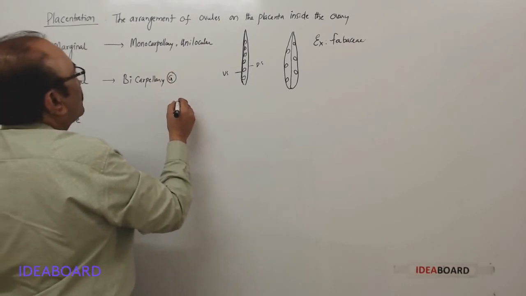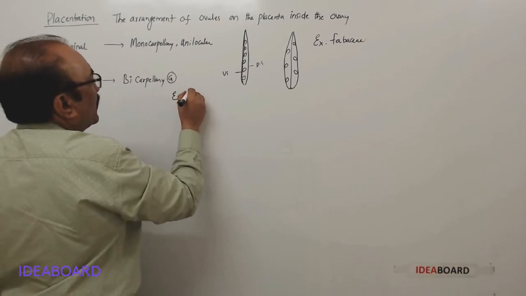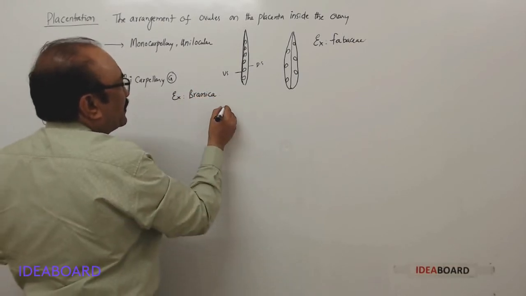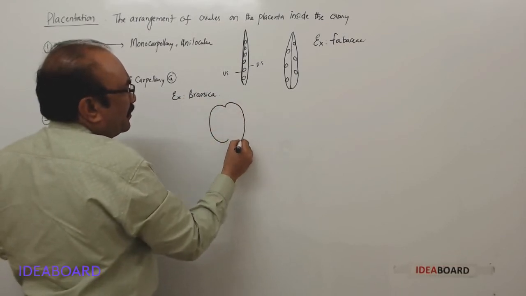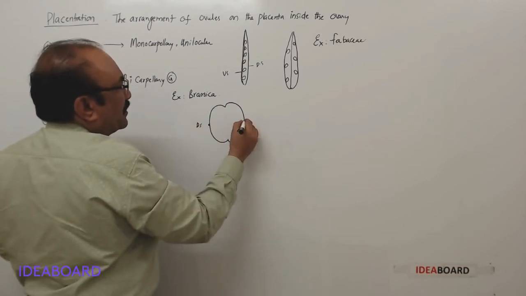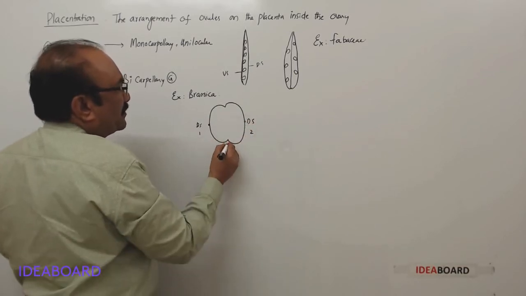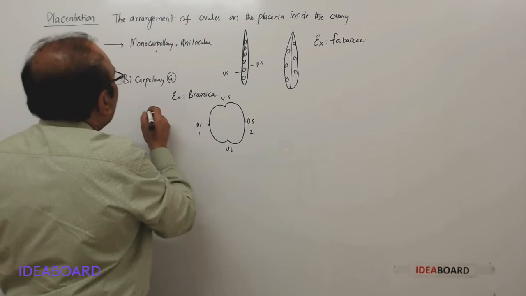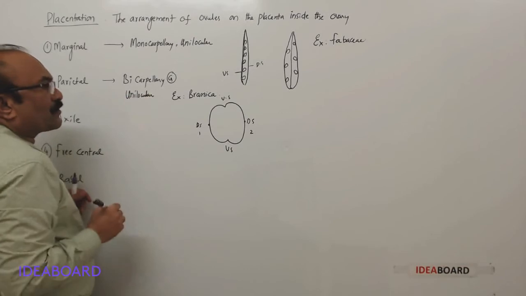The example is Brassica, that is mustard, and in that this is one carpel and this is another carpel, and this is the dorsal suture of first carpel, and this is dorsal suture of second carpel, and this is ventral suture, and this is another ventral suture. So it is bicarpellary unilocular,